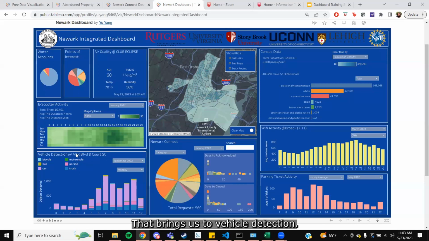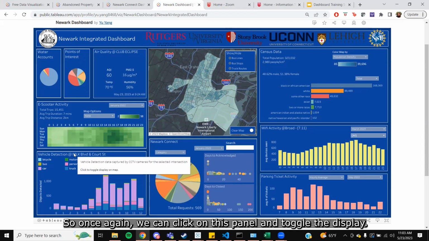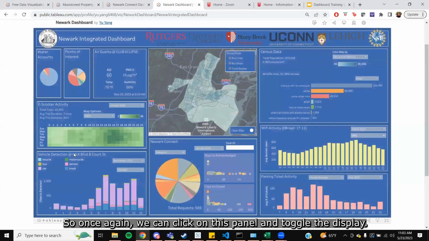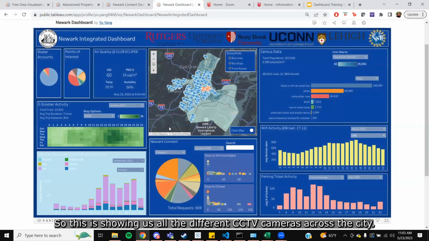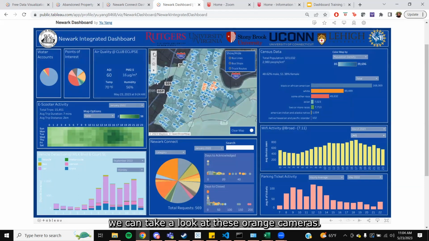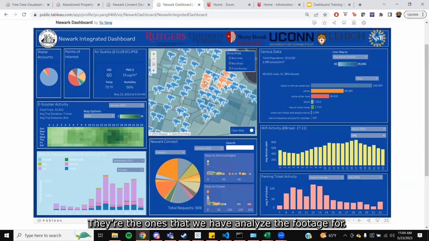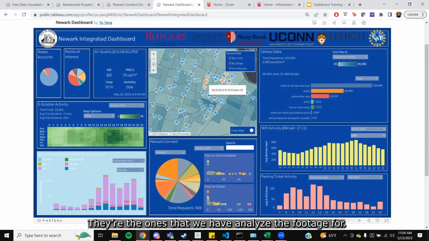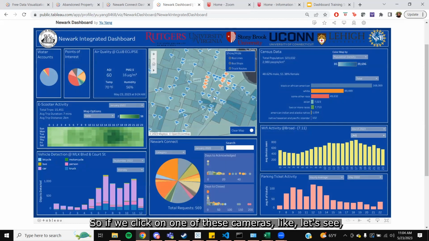And that brings us to vehicle detection. So once again, we can click on this panel and toggle the display. So what this is showing is all the different CCTV cameras across the city. And if we zoom in here, we can take a look at these orange cameras are the ones that we have analyzed the footage for. So if we click on one of these cameras, like, let's see, Broad Street and Lafayette Street, for example,